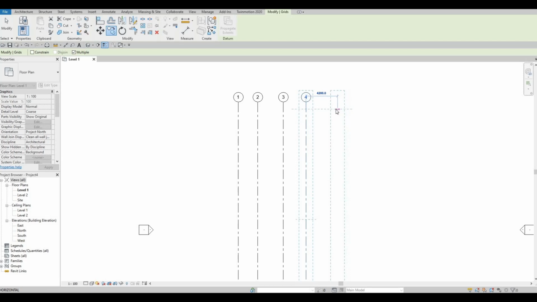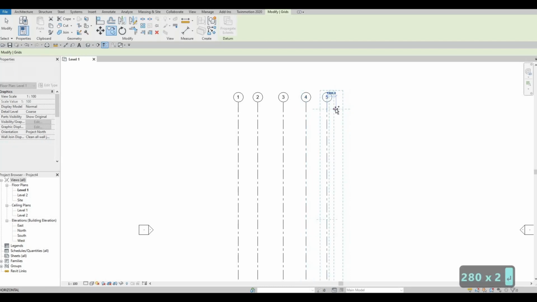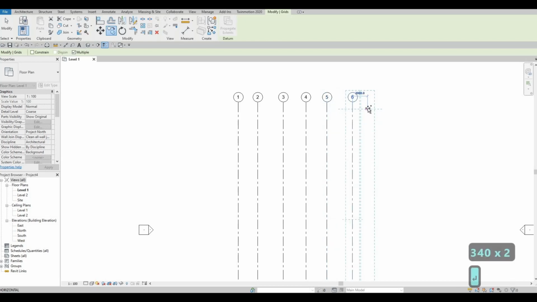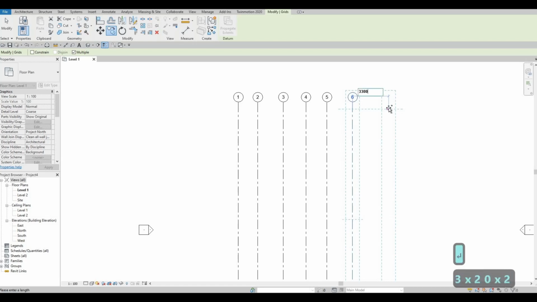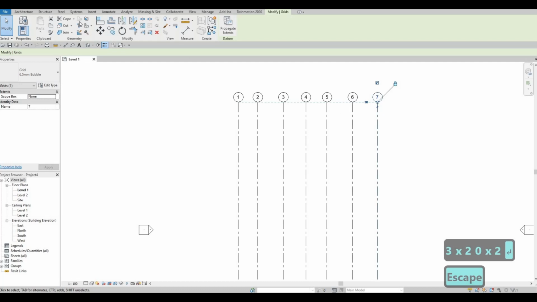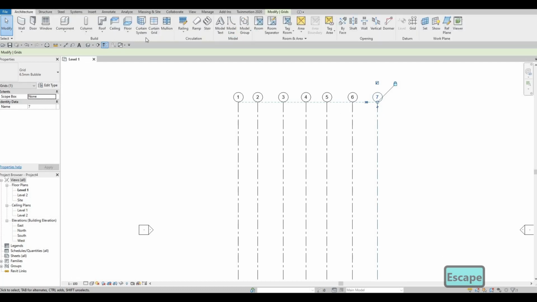And then 2800, 3400, and 3300. Press escape and then go back to architecture, click on grid line again or GR,